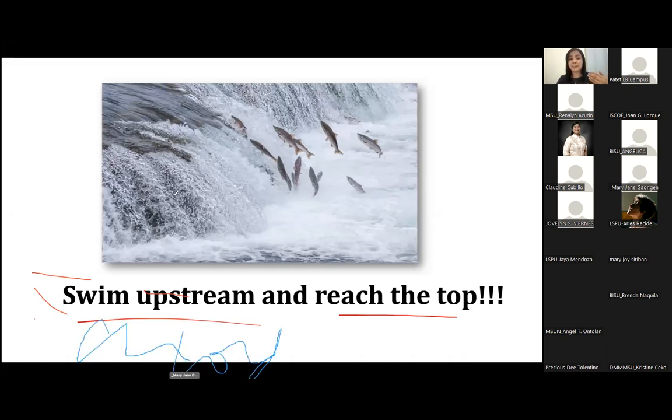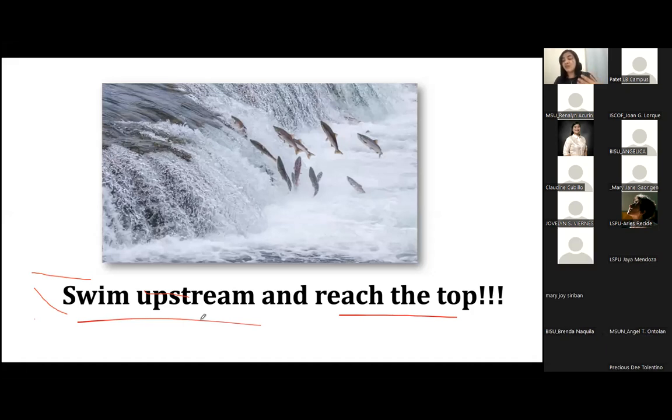In order to reach the top, and in order for us to swim, merong sumusulat sa aking screen. Okay? In order to reach the top, okay, we should also put more effort. Ibig sabihin, mag-effort pa tayo on how we study. Okay, hindi lang yung kung ano lang pinrovide sa atin, yun lang. Mag-effort din tayo sa sarili natin. So hopefully, yung i-reach nyo, hindi lang yung passing score, you have to reach top 1. And sana, sa parating na October, marami kaming makita ng mga board passers and hopefully, mga top passers sa parating na board exam.